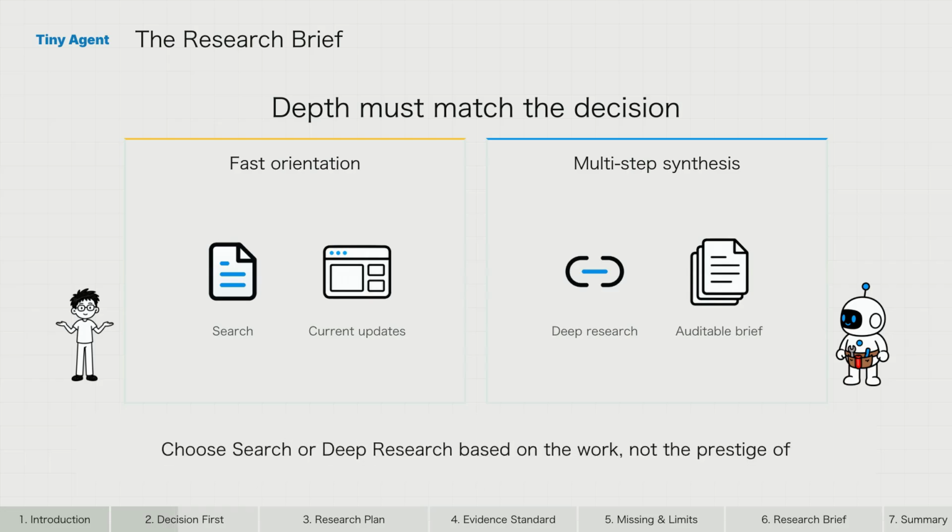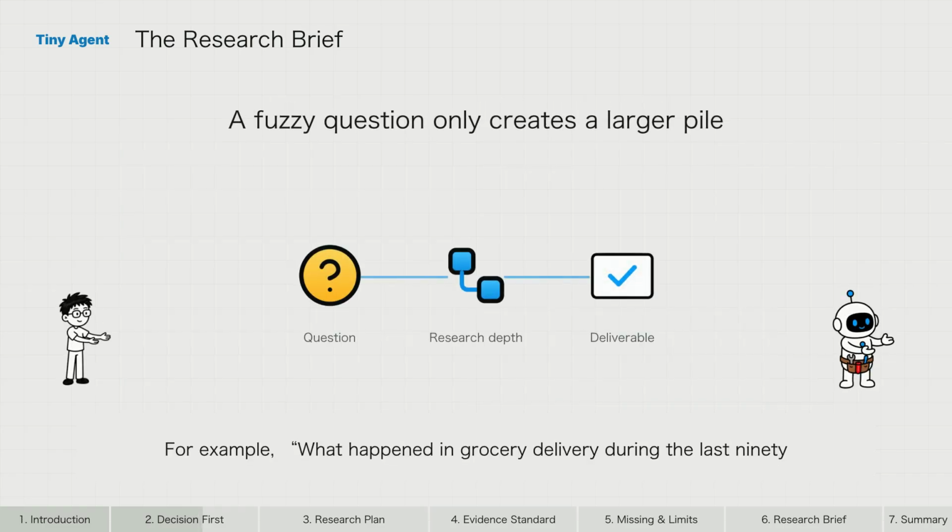Choose search or deep research based on the work, not the prestige of the tool. Search is enough for fast orientation and current updates. Deep research earns its cost when the question needs multiple steps, conflicting sources, several sub-questions, or a structured synthesis that others must audit. For example, "what happened in grocery delivery during the last 90 days" may begin with search. "How is private label adoption changing competitive exposure, and what should a branded manufacturer do" needs multiple evidence threads and